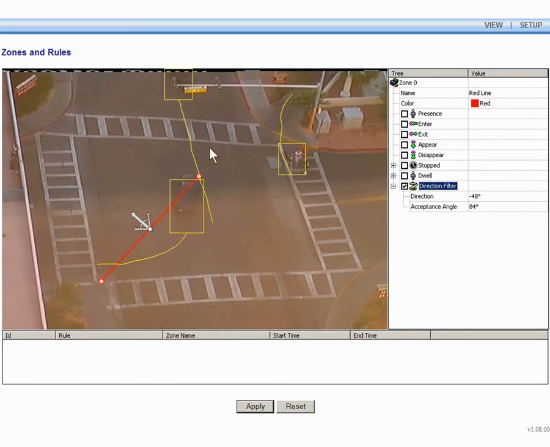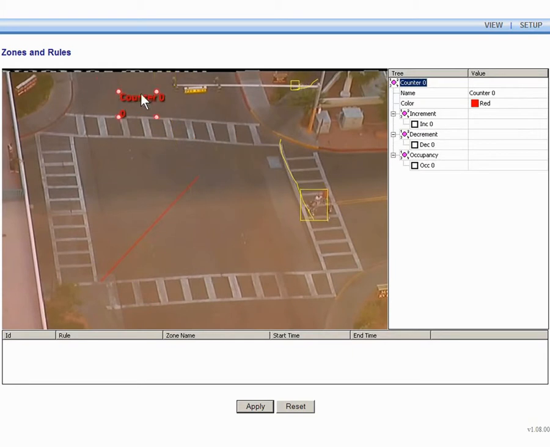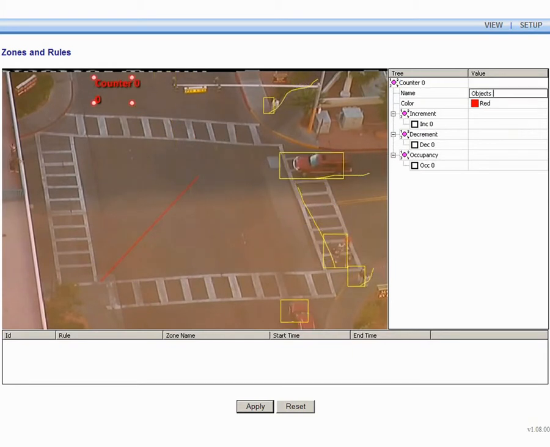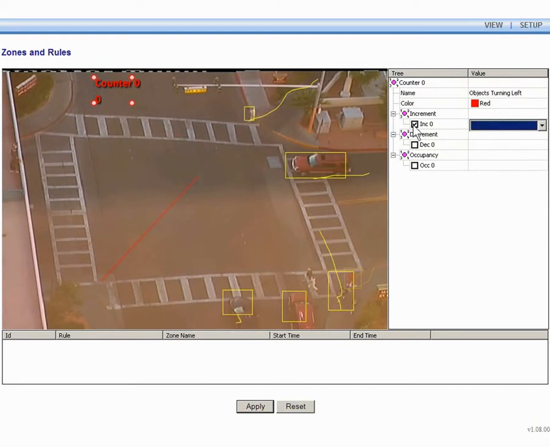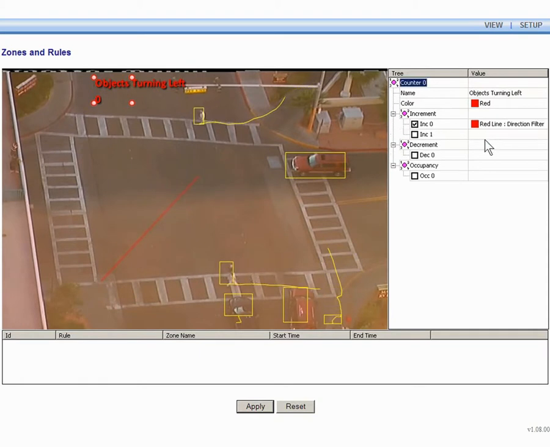Then right click on the tracking display window, click on counter, add counter. Let's give this counter a name, let's call it objects turning left, and then click on the increment and apply it to our red line which has the direction filter set. Click apply,